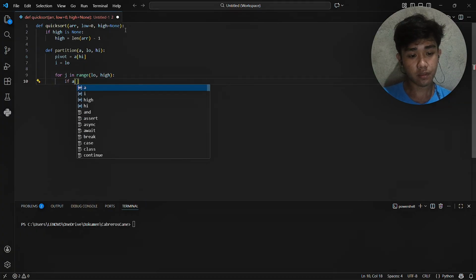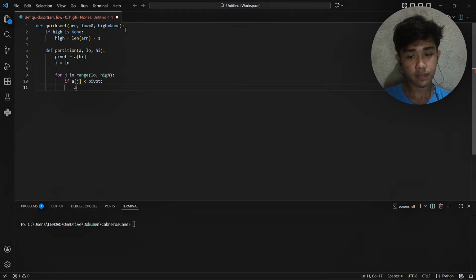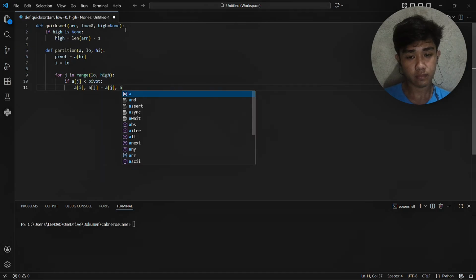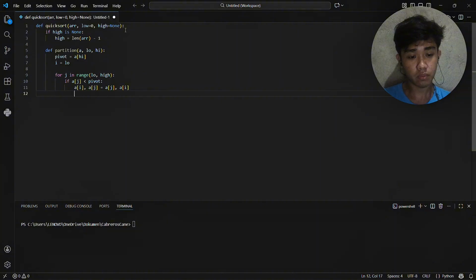If the current number is smaller than the pivot, we swap it with the element at index I. After that, we move I forward.